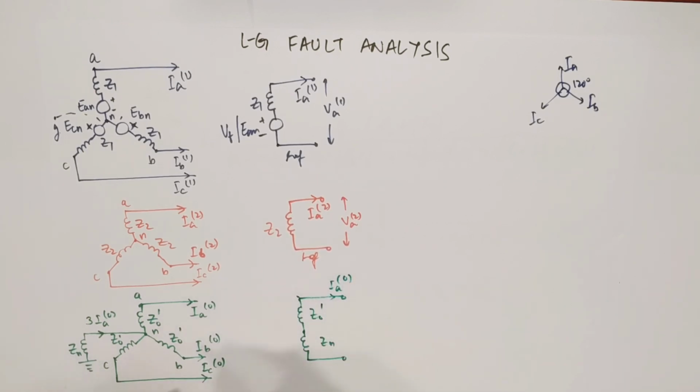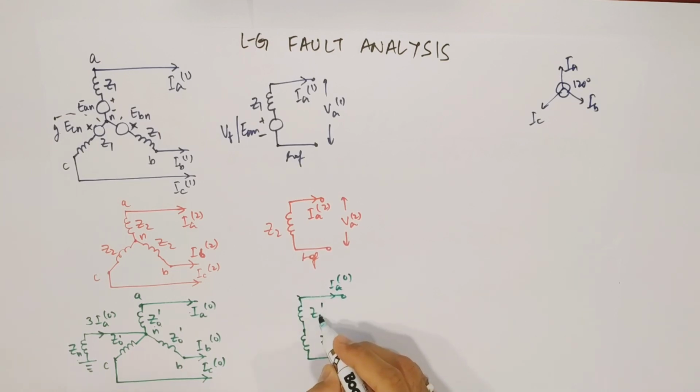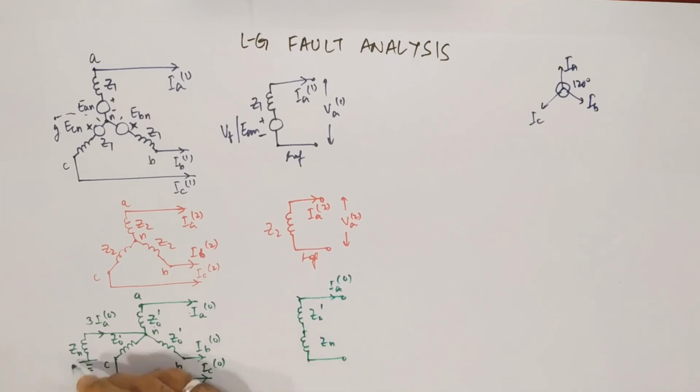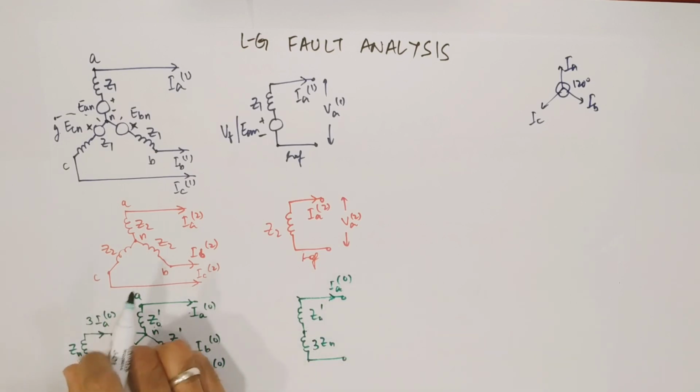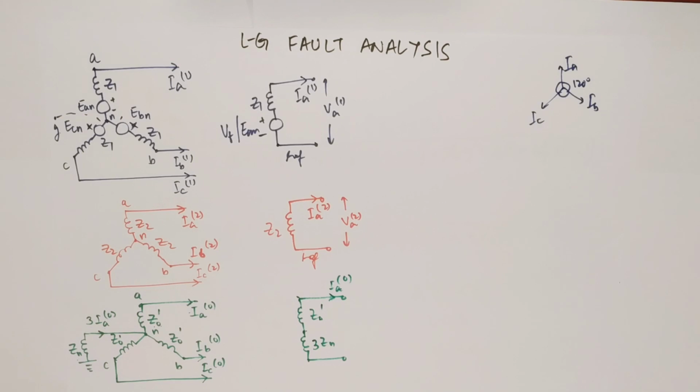Now one point to note is that from this point to this point, if you see the voltage drop, it is 3Ia0 multiplied by Zn, whereas from this it is only Ia0 Z0 dash. So from here to here it is Ia0 Z0 dash, but here a factor of 3 shall be there. Now current is Ia0 as they are connected in series. So what we can do, we can write 3 here in order to make this voltage drop equal. So that's why I have written 3Zn.